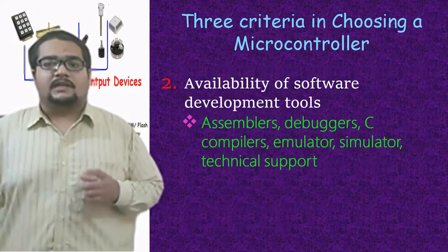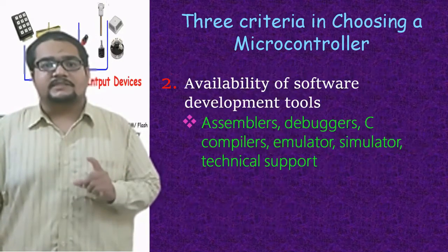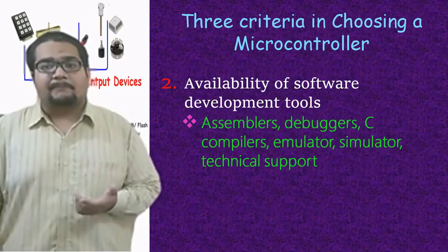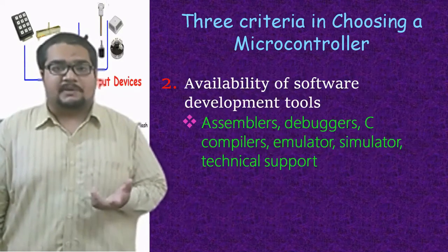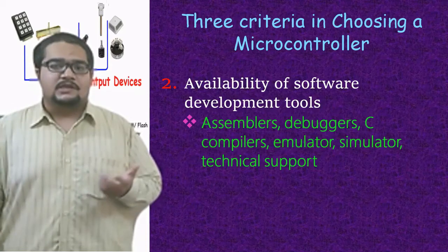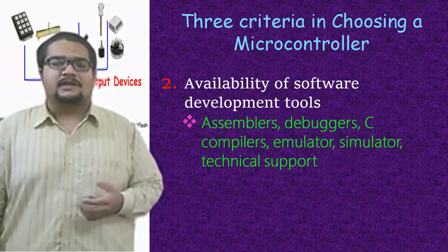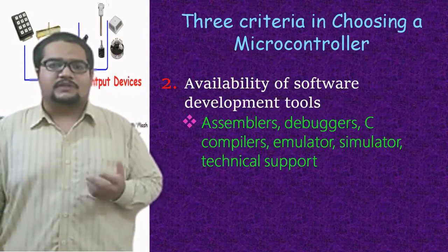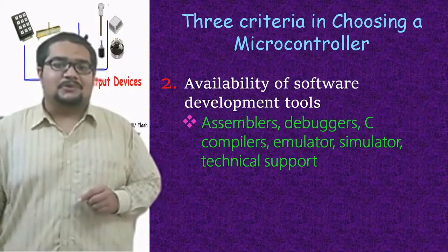Another important point is the availability of software development tools for that particular hardware microcontroller IC that we are going to select and use. We have to check whether the assembler, debuggers, compilers and simulators are all available, with very good access to the programmer, because without these things the microcontroller will be useless to work with. Unless you are able to write a program, assemble it and debug it, it is useless whether you select a particular controller or another one. So we have to see the availability of the different resources which will be useful for the development of the embedded system around that microcontroller.